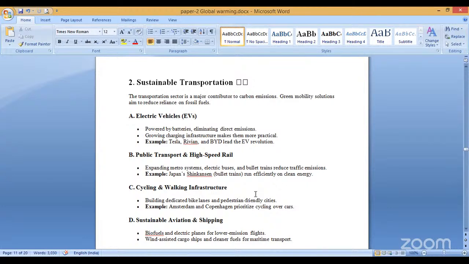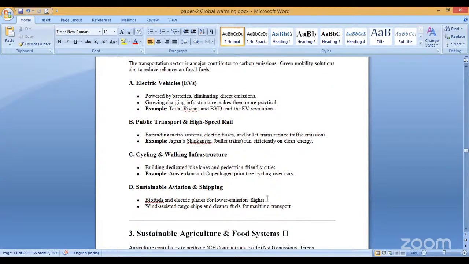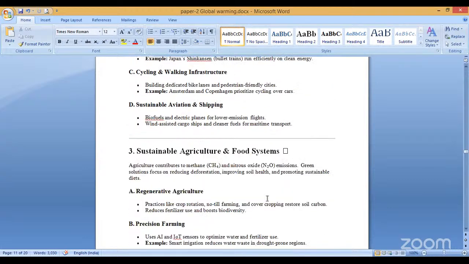Examples, Japan's bullet trains run effectively on clean energy. Cycling and walking infrastructure: adopting dedicated bike lanes and pedestrian-friendly cities. Example, Amsterdam and Copenhagen, where cycling is a major mode of transport. Sustainable aviation and shipping: biofuels and electric planes for lower emission flights, wind-assisted cargo ships and cleaner fuels for